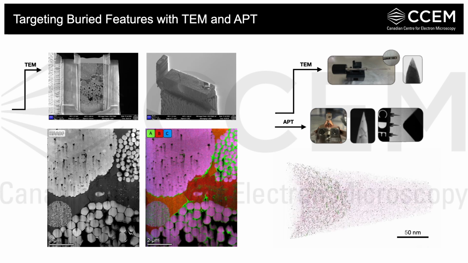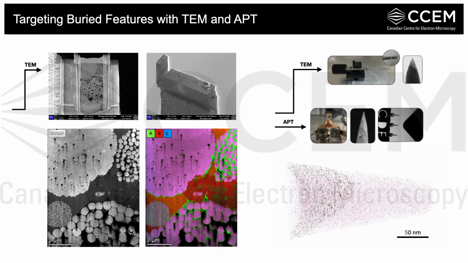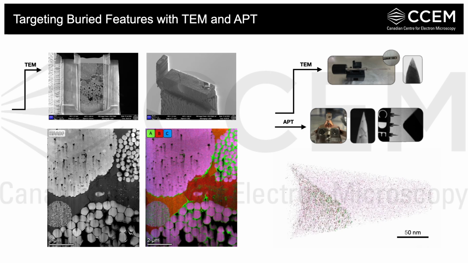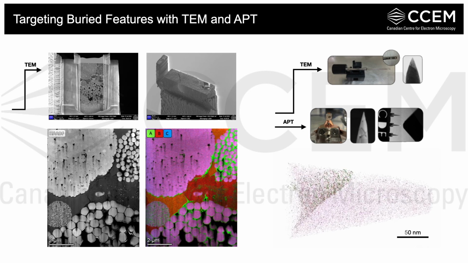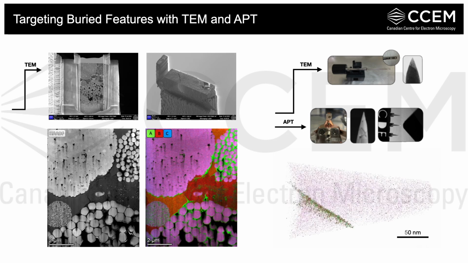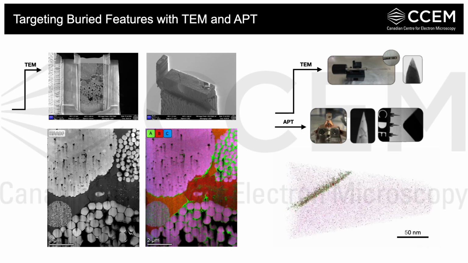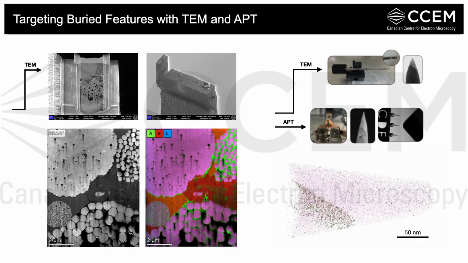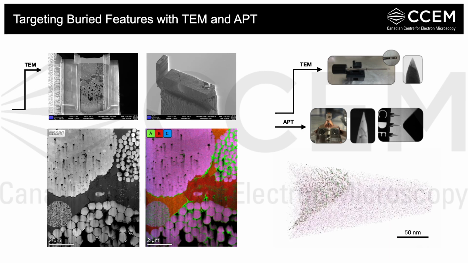For APT, we can prepare a traditional lift out from our new block surface, and thanks to our correlative holder, we can take TEM images of our tips prior to doing Atom Probe, which aids in confirming the presence of the boundary in our final tip, which we can see we've captured here in our final spinning reconstruction. And since we've done our correlative workflow, we can compare the chemistry of our grain boundary across the Atom Probe and TEM data.